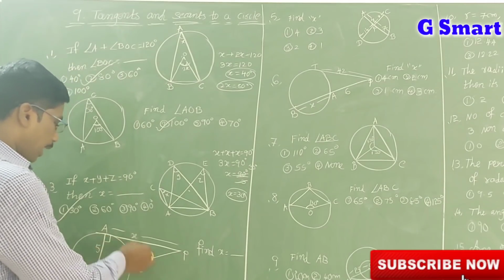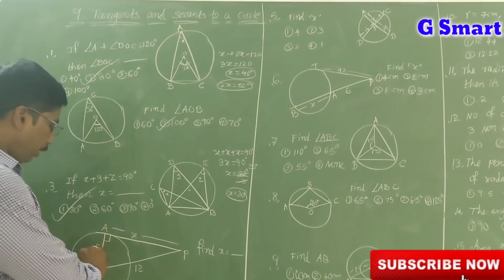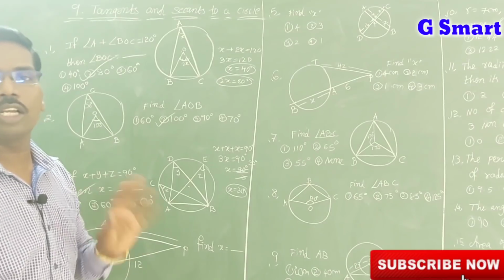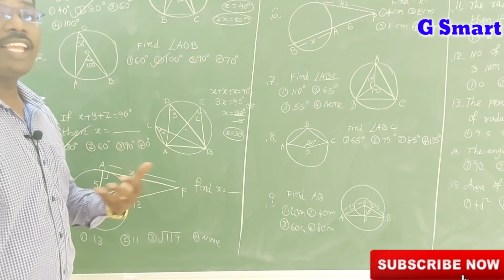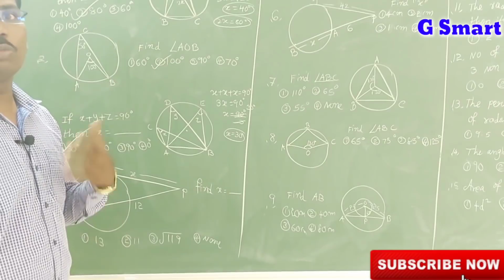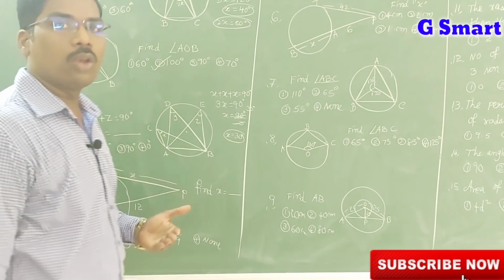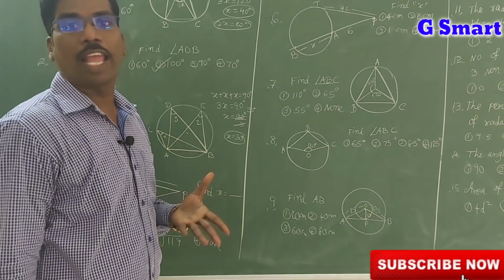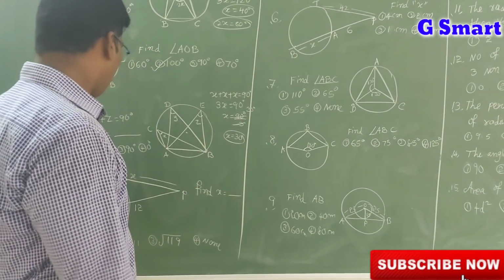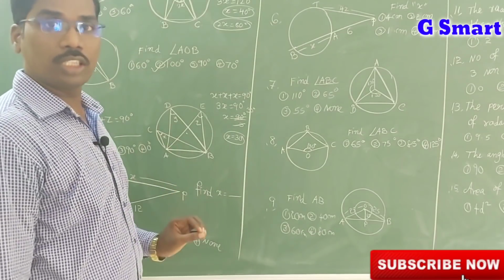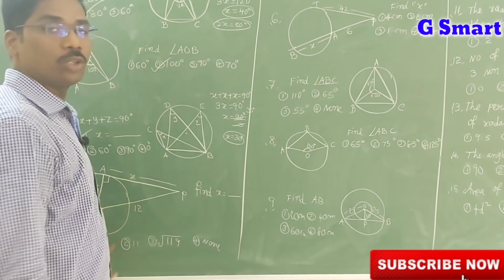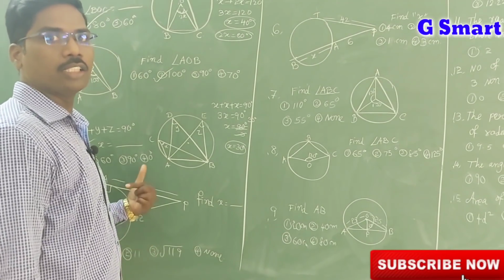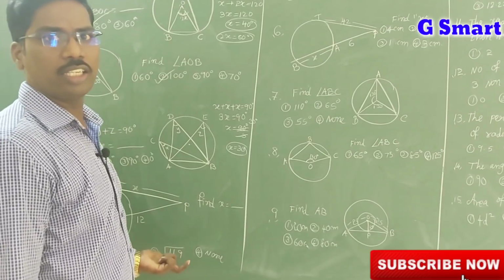Now find x in this figure. See here, this is a right angle triangle. By seeing 5, 12, you should not say 13 is the answer, the first option, thinking it is a very easy problem. That is going in the wrong direction. You know very well 5, 12, 13 are triplets, and 3, 4, 5 as well. But you should not do it like that. Here x is not 13, because the hypotenuse is 12. If the hypotenuse were 13, then the answer would be 12. But the hypotenuse is not 13, it is 12.